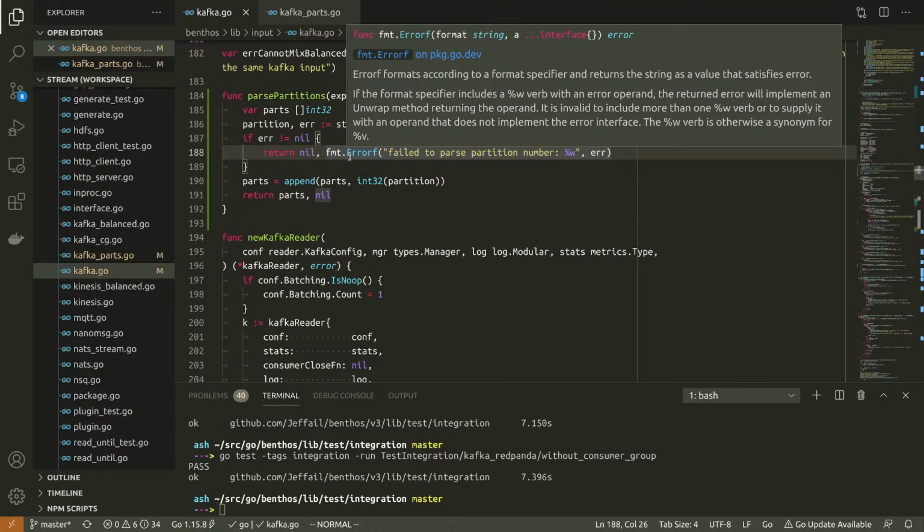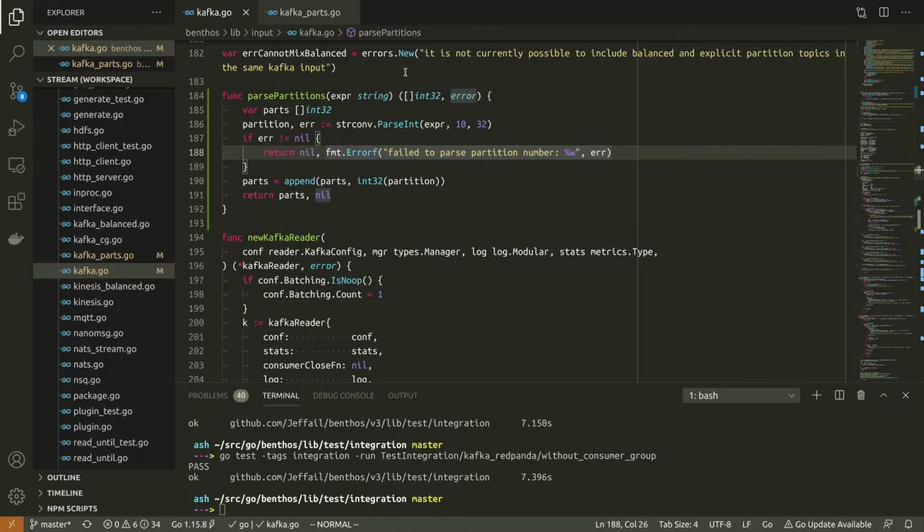I don't want any commas or slashes or anything like that. If you want partitions 1, 3, and 5, you're going to have to specify separate topic partition entries for now. I can expand the syntax later, but I'm sick of this.